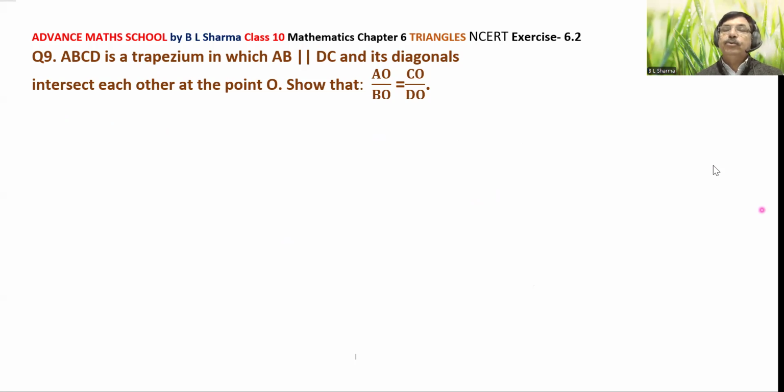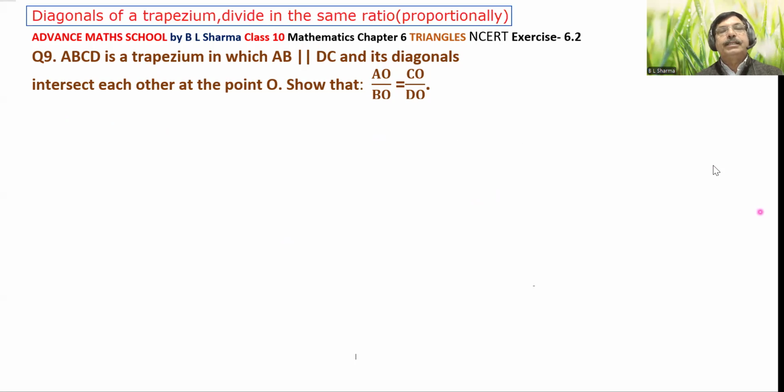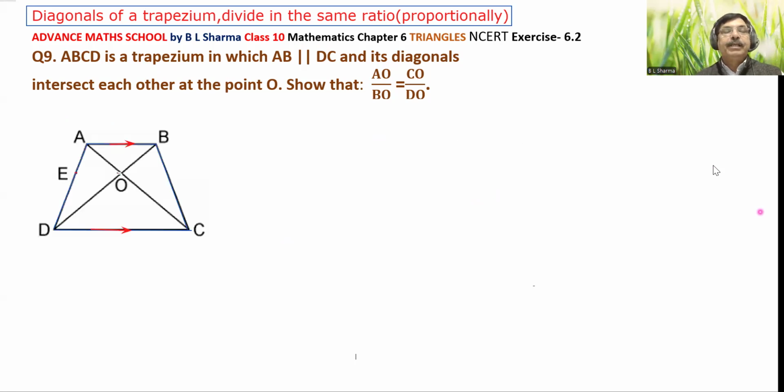इस क्वेश्चन को थ्रू फिगर हम विजुलाइज करते हैं. इसको ऐसे भी कह सकते हैं कि diagonals of a trapezium divide in the same ratio. So first we have to draw the figure for it. देखिए